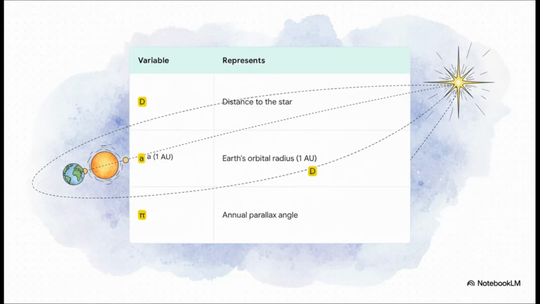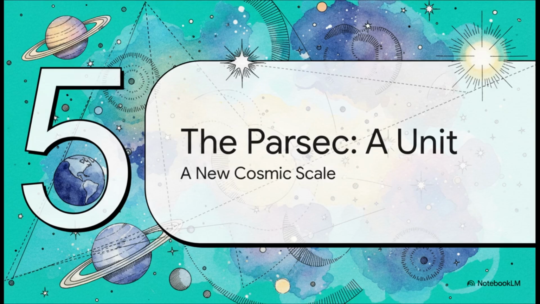And you'll notice something wonderful here. The formula is structurally identical to the one for horizontal parallax. The distance to the star, d, is our baseline a divided by the sine of the parallax angle, pi. But now our baseline a is 1 astronomical unit, the average radius of Earth's orbit. We've simply scaled up our triangle to interstellar proportions. This method of annual parallax is so fundamental to measuring stellar distances that it actually gave birth to its own